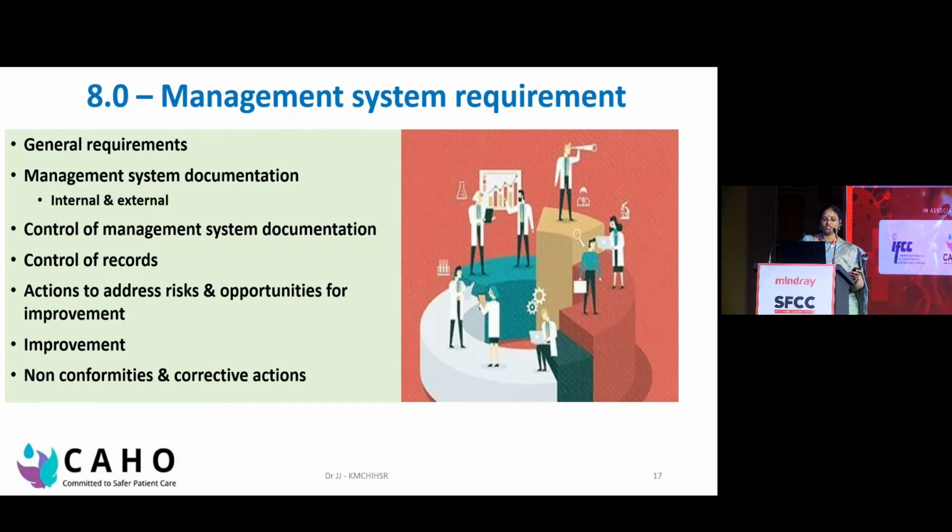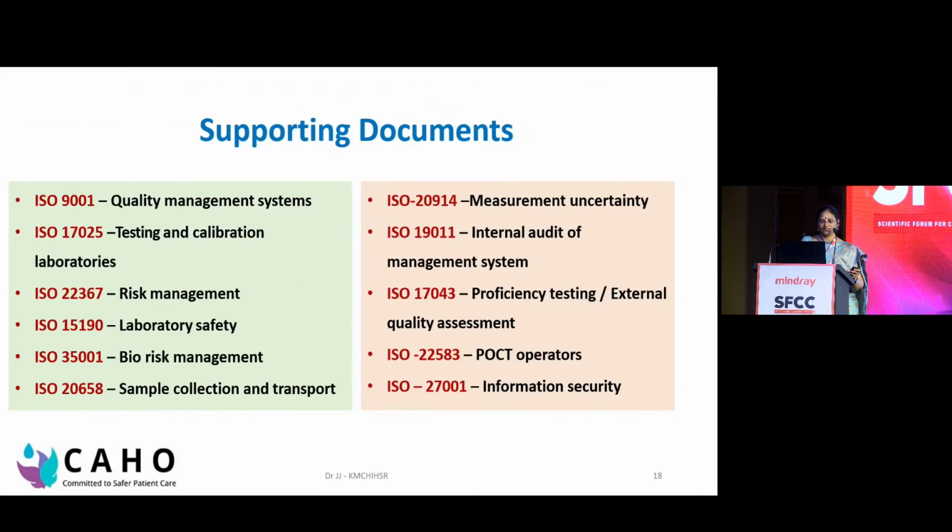Action to address risks and opportunities for improvement, as a continual quality improvement process, looking at quality indicators and seeing how you can improve everyday functioning and everyday activity as a continuous process of improvement in the facility. And then non-conformities and corrective actions as a requirement, where you don't look at preventive action now; you're addressing all of them as corrective, right?